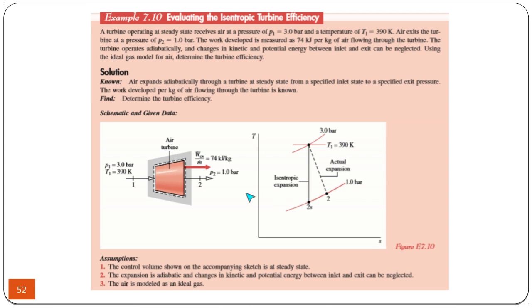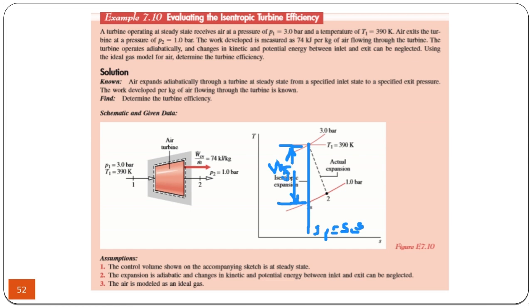Again, another example in which we are given a turbine with an inlet of 3 bars, 390 kelvins, and the work obtained from the turbine is 74 kilojoules, and exit pressure is 1 bar. So normally, if the turbine had an isentropic expansion, then S1 would be equal to S2S, and it would deliver this much energy, WS, but due to the